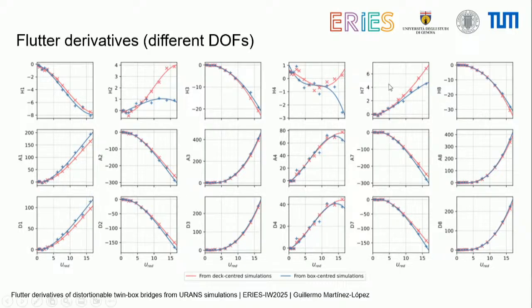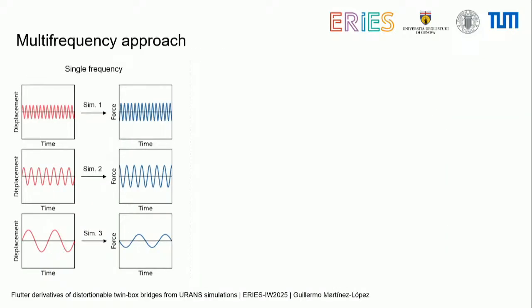vector. And then we have also some discrepancies in H7 and H2. But if we look at the duals, we can see that there's a big change in order of magnitude. So it's a big relative error, but not a big absolute error here. The next step is we can use this approach in the wind tunnel to obtain the derivatives, but now